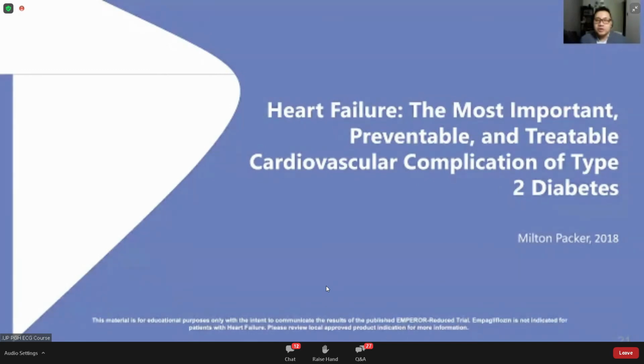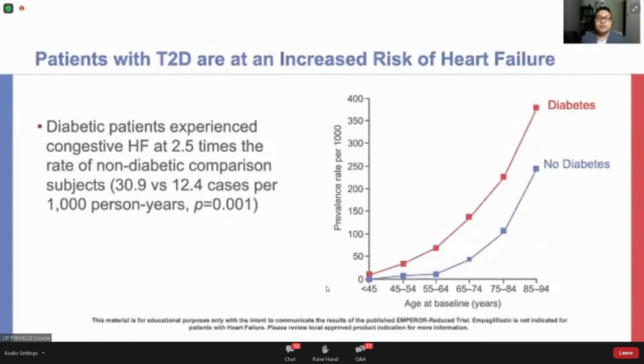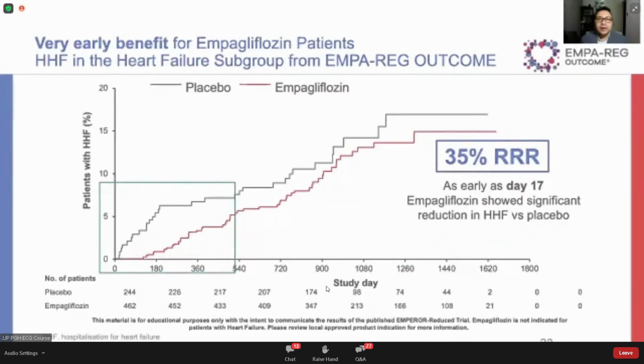being at the end of the spectrum of the severe risk continuum. And in this study, comparing both diabetic and non-diabetic individuals, it has shown that congestive heart failure was 2.5 times more common in a diabetic patient compared to the non-diabetics, particularly those at the elderly age. And going back to the